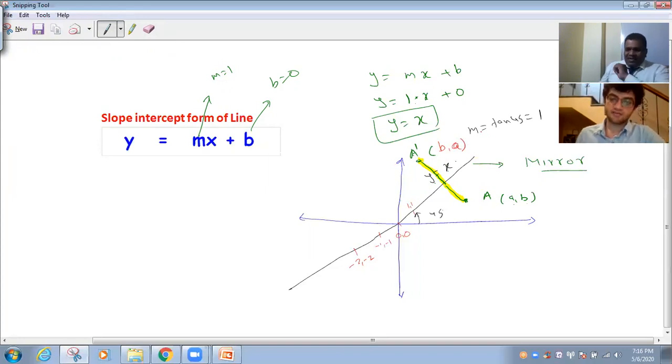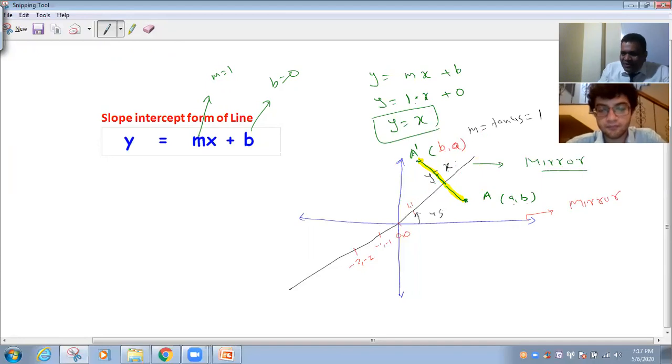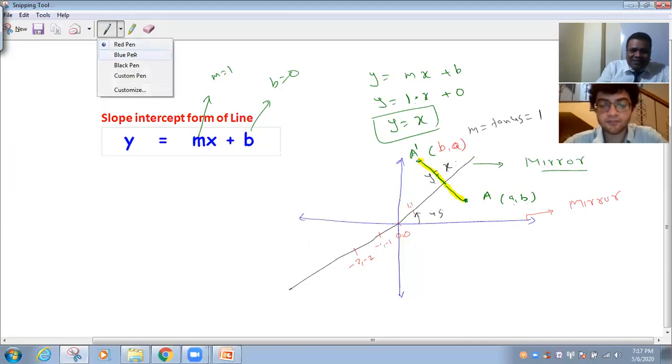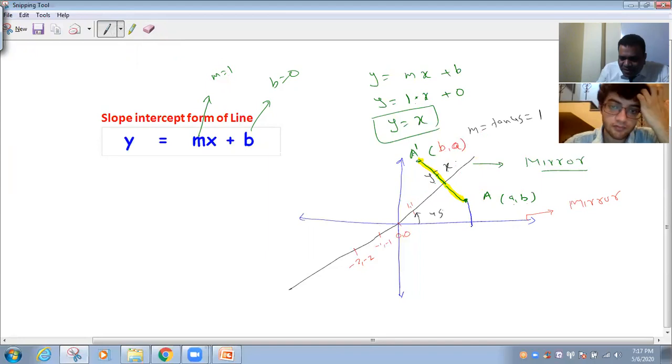Yes. And next you need to tell, just listen then tell. Now let us assume x-axis is the mirror. X-axis is the mirror, right? If x-axis is the mirror, so where be the mirror image? Mirror image be below here somewhere. Let us say A double dash. Can you tell me the mirror image coordinate? A double dash.